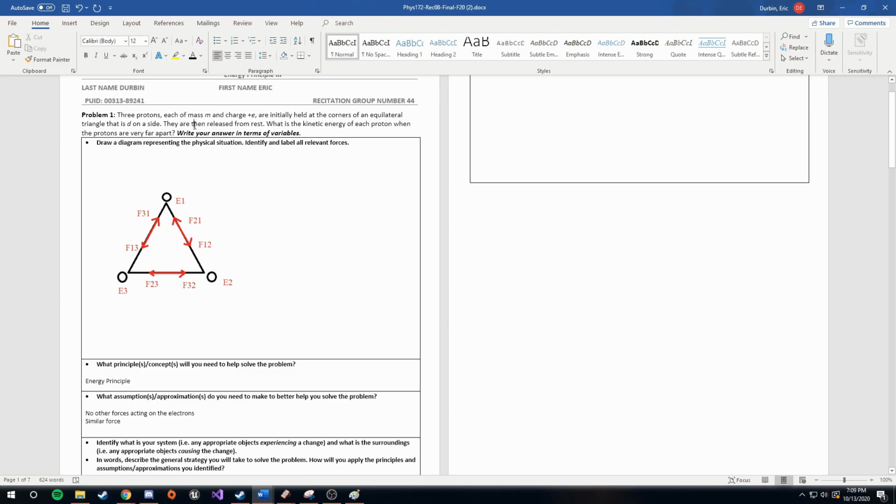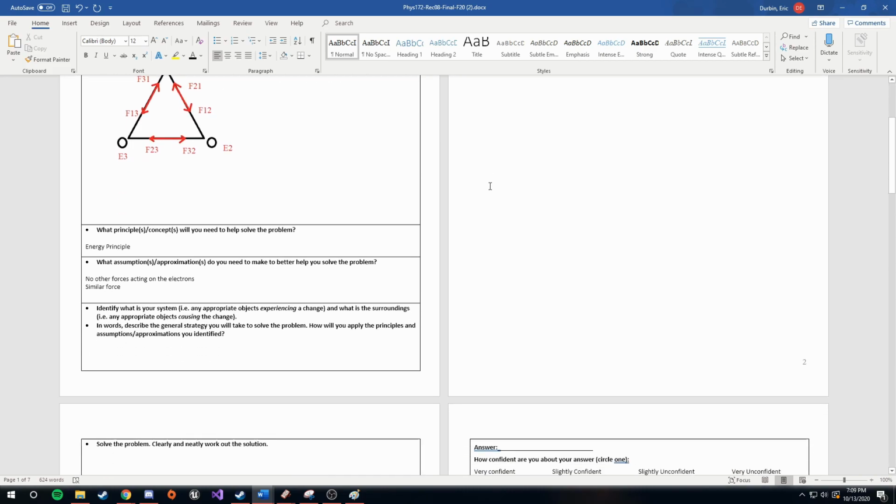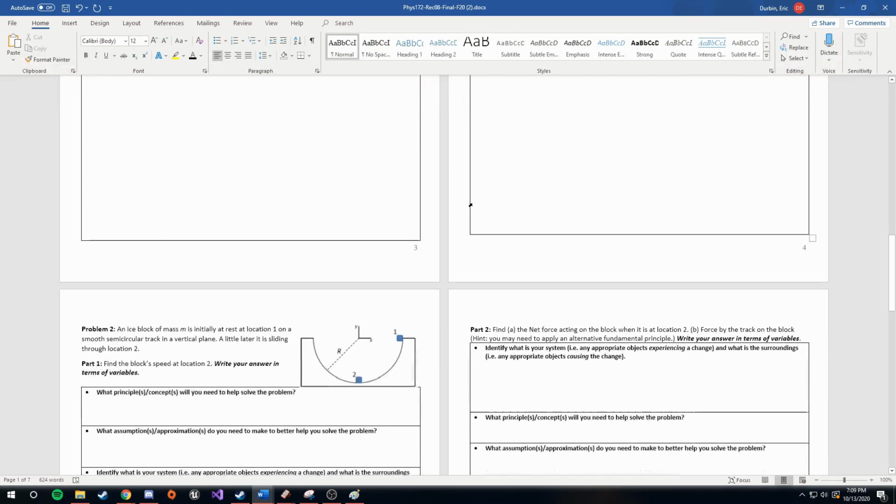So what are we doing? What is the kinetic energy of each proton? And then after that,